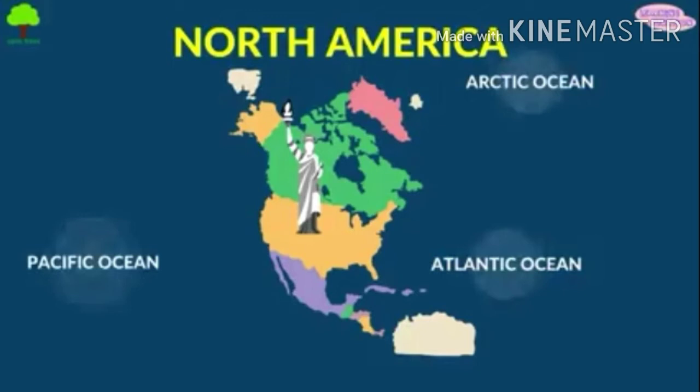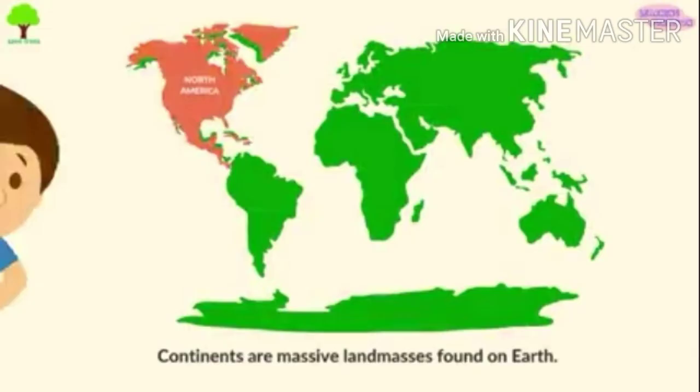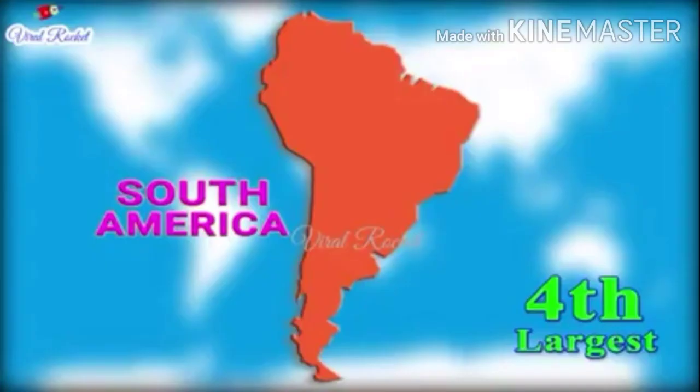The Nile River is the world's longest river. Mississippi is the second longest river in North America. Nile River is in Africa. This continent has 5 great lakes on the border of Canada and USA: Lake Superior, Michigan, Huron, Erie, and Ontario. The famous Niagara Falls, which continent is it found in? Niagara Falls is found in this continent.